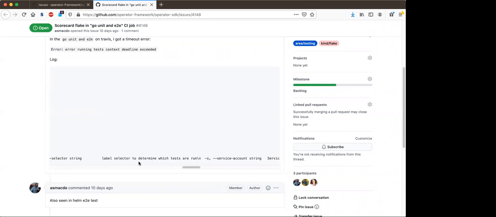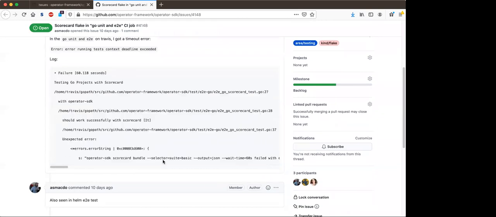The only thing that is strange is, if the CI is using the dev image as it should be, the image is loaded in the kind cluster, so we don't need to really pull. So maybe we are not using the dev image.